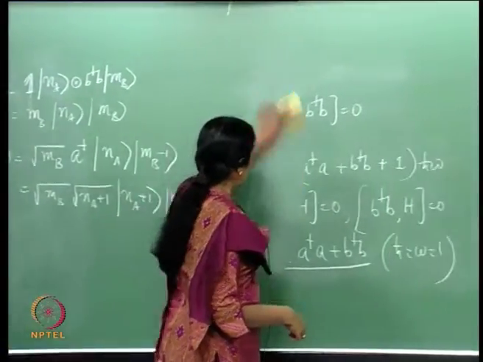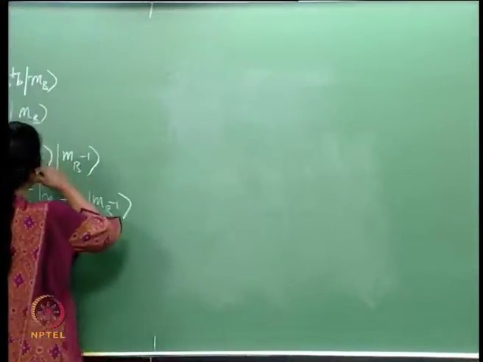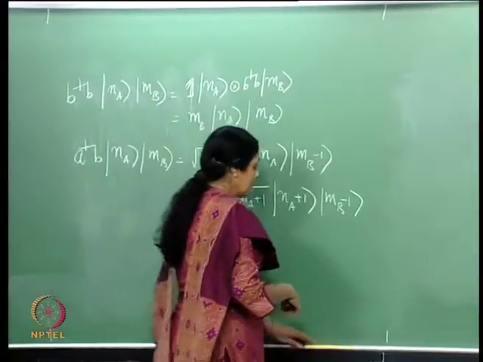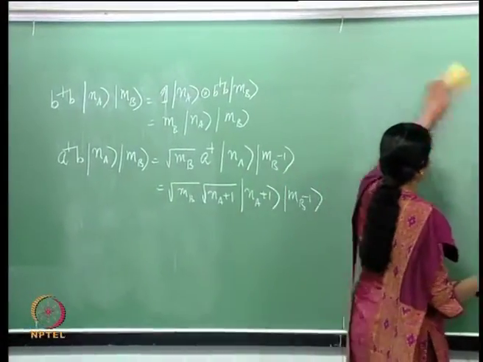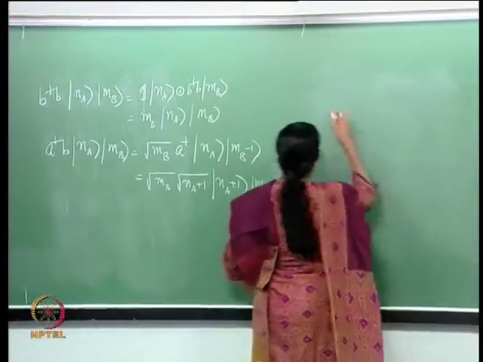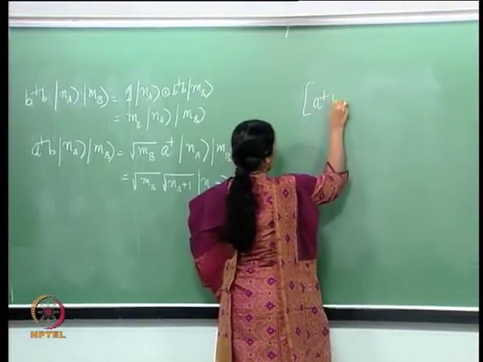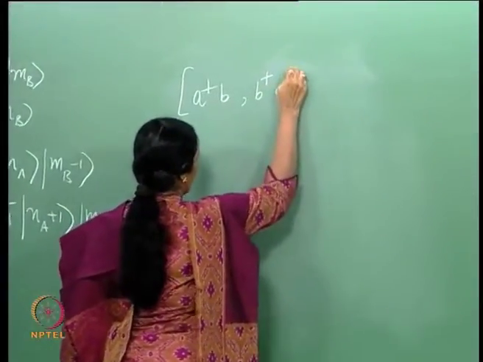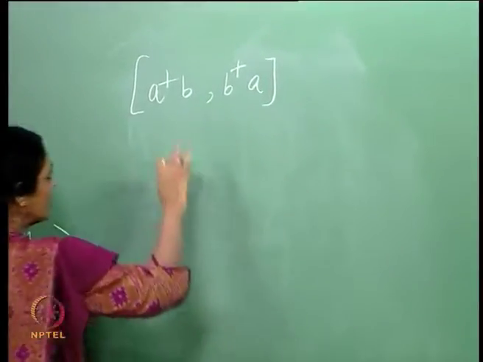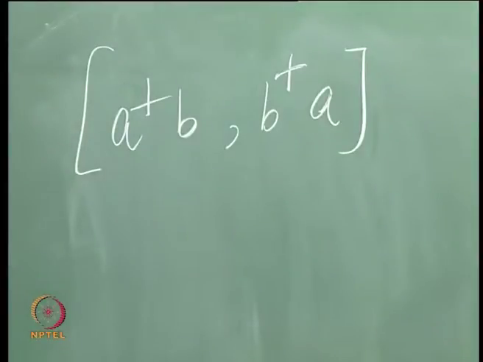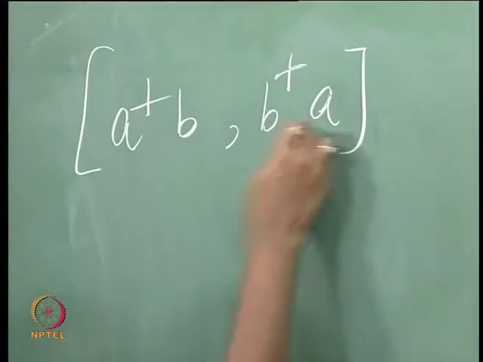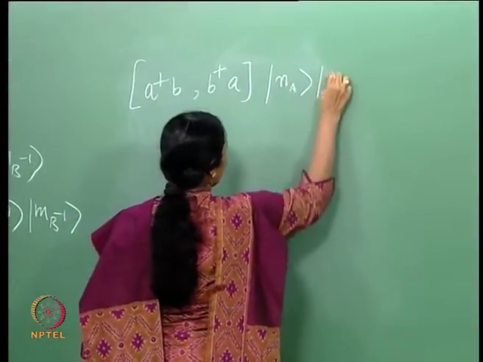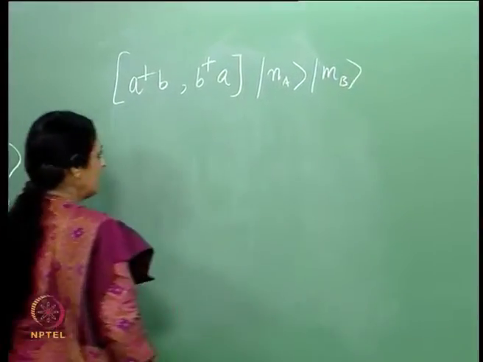Let us look at the algebra of these operators. Now that we have described how exactly the operators act on the states, let us find out the commutator of the non-Hermitian operator A dagger B with its counterpart, its Hermitian conjugate B dagger A. Now, this acts on the state Na Mb of the system,